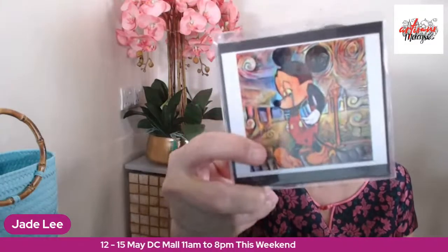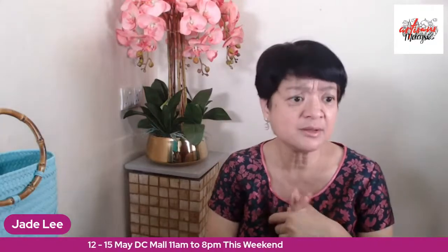These are all paintings, but what his father did is capture them onto prints and mount them. These are his favorite swirls, and there's another swirl inside here. His father captured it onto print and put it onto magnets, and he's selling these at 50 ringgit. I think I have 4 pieces of paintings left, and we are selling them at our counter at the DC Mall,